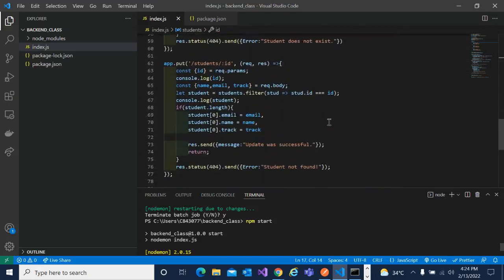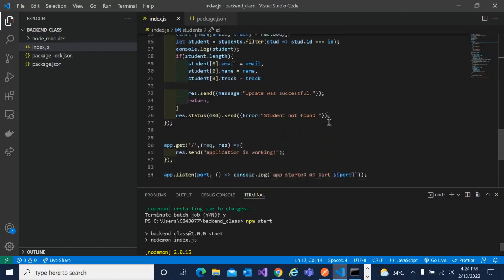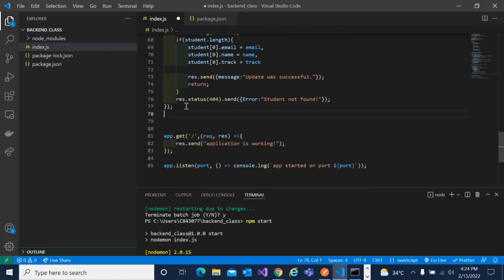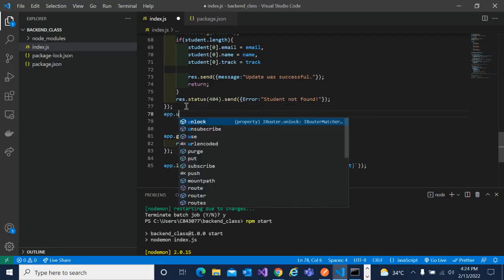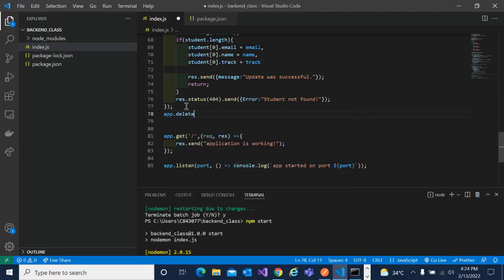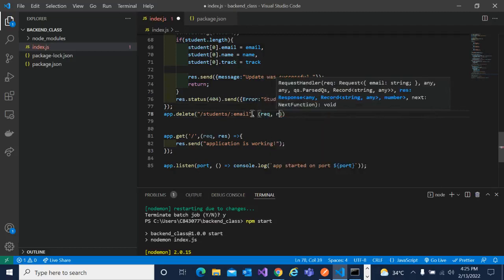So let's just leave that and we'll move to the delete, which is a delete request. So let's go to the delete. We have an app that deletes students. Let's use email for the deleting. So we'll have here a request